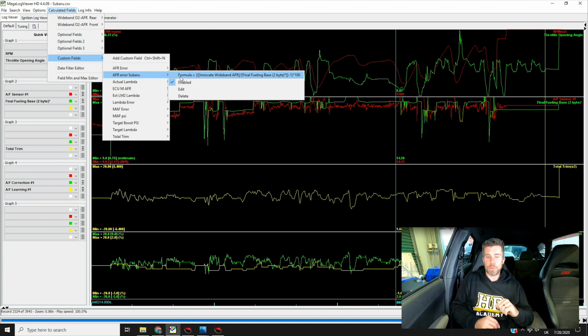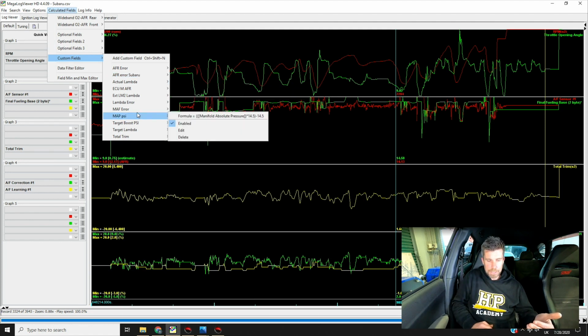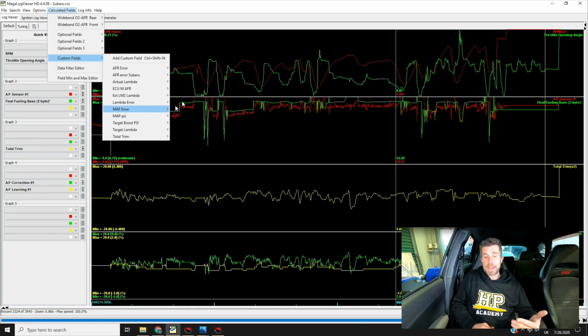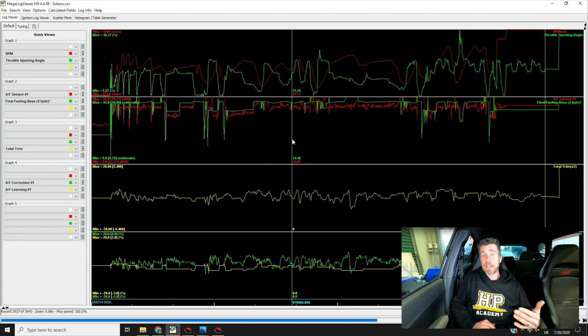So it's exactly what we're doing here, and if we generate that piece of data, we can use that under open loop control conditions. So there's an unlimited number of options for how we can use this as well. We've even got down here our map PSI, so we can actually generate a manifold pressure signal from a metric, so from bar, we can convert that into PSI if we haven't logged the correct parameter.